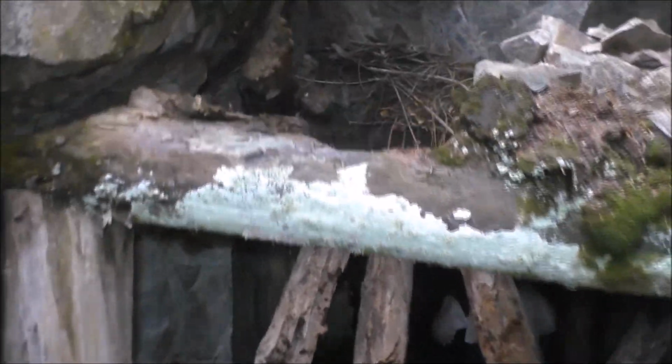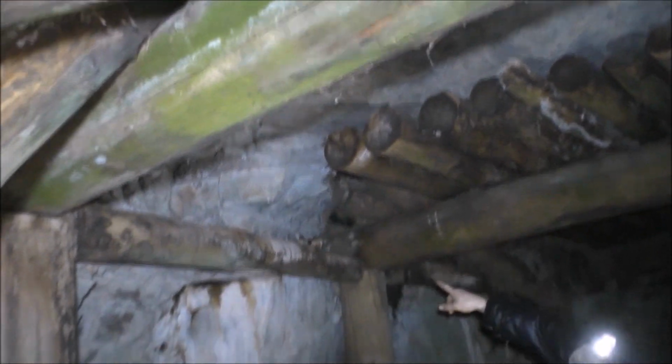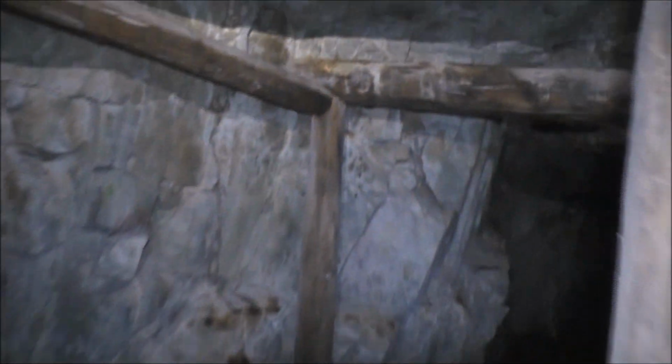Yeah. That doesn't look too bad so far. Hello, monkey. There he goes. Stinky rats. Where's the shovel? Look at that nest up there. Oh, look at the bat. Oh yeah. Looks like